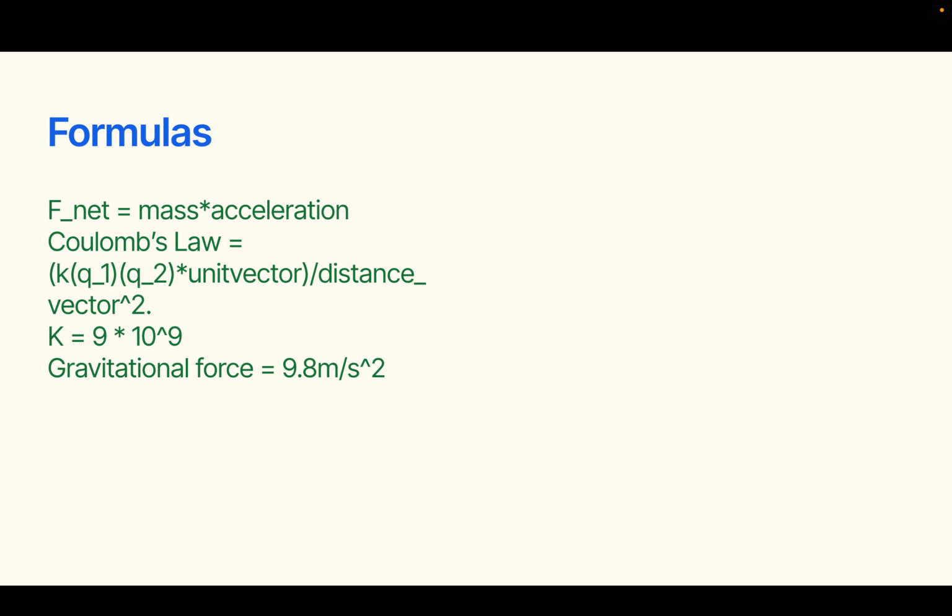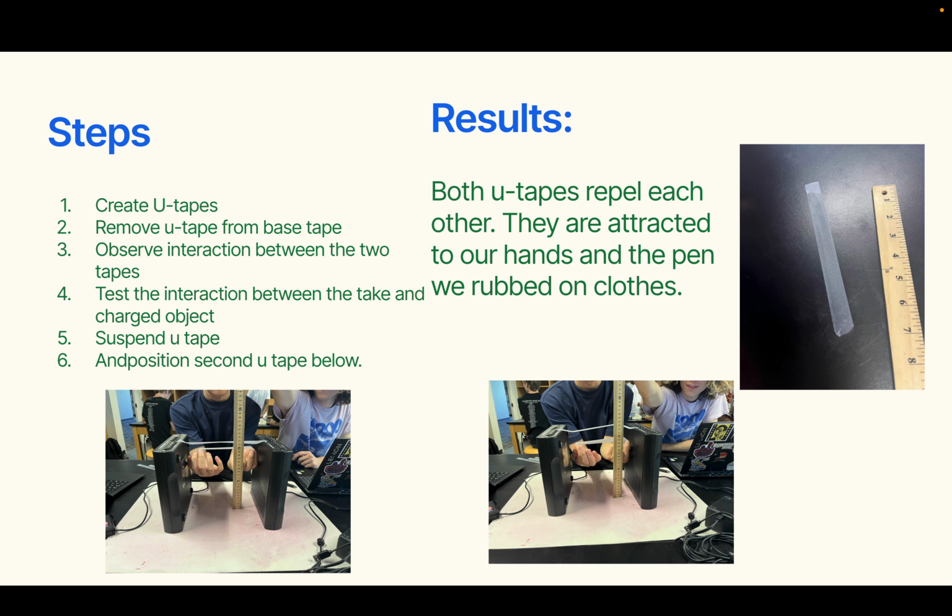Some formulas we used were F-net is mass times acceleration, Coulomb's law, and its constant, which is K, 1 over 4 pi epsilon, and then gravitational force. The steps we did to create the experiment were we created some U-tapes by basically